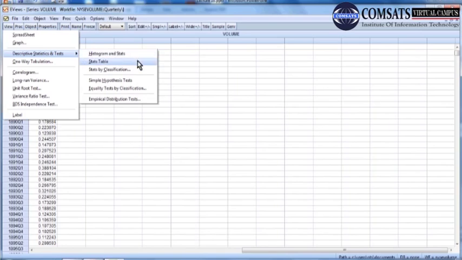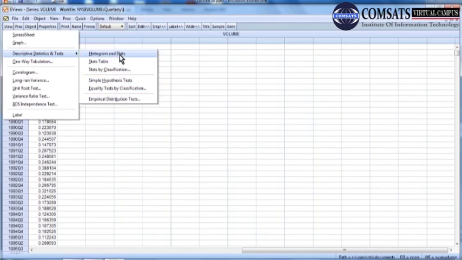There is the table for stats. There is stats by classification. There is simple hypothesis test about this variable which can be done. You can also apply the equality test by classification and empirical distribution test. So all these tests can be applied here.